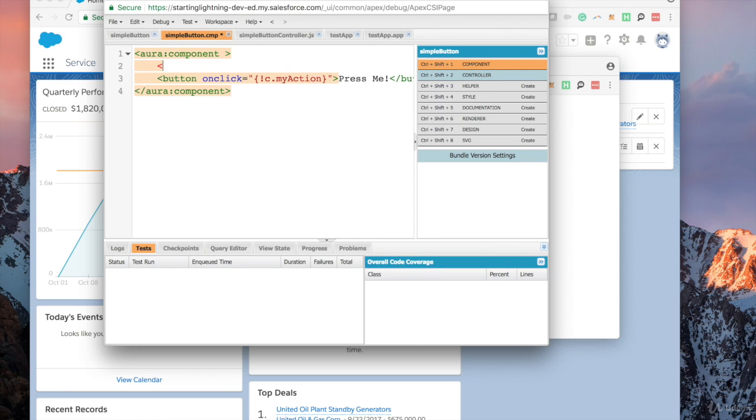And we add that by using the aura namespace and then attribute. Now, this is a component attribute. When we're editing the actual element, we're going to add element attributes. So an element attribute would be name, and this is what we're going to call this value store. It's kind of like a variable. So let's just call this message,